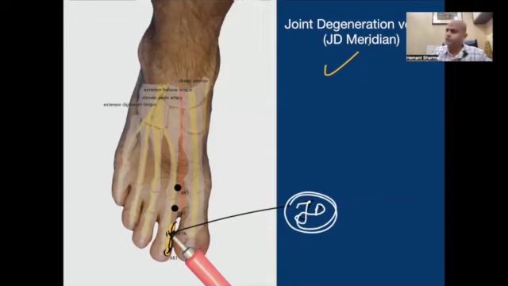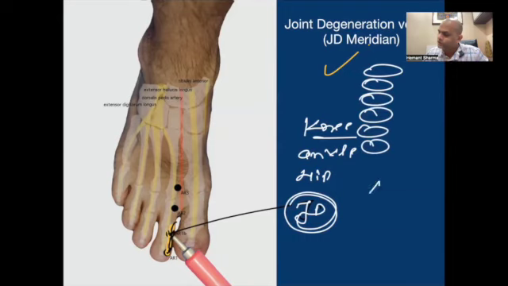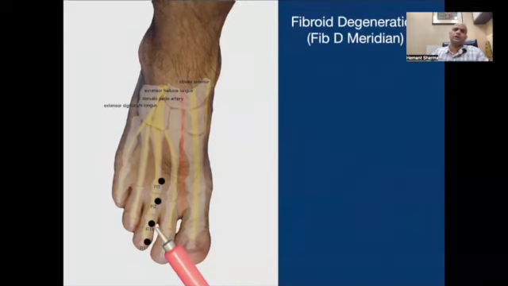We know what a joint is: the knee joint, the ankle joint, the hip joint, the elbow joint, the shoulder joint, the wrist joint, the joints of the fingers, even the joints of the spine. Suppose someone has a problem of the L4, L5 vertebra. This is also the joint between two vertebrae. So each and every joint, the problems of the spine, all these things will be treated by this JD meridian, or the joint degeneration meridian, and we will be learning that. So we have done this, now we are moving to the